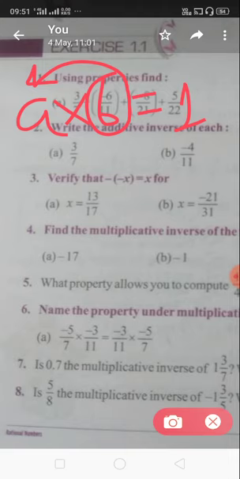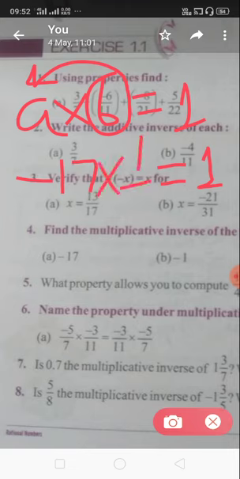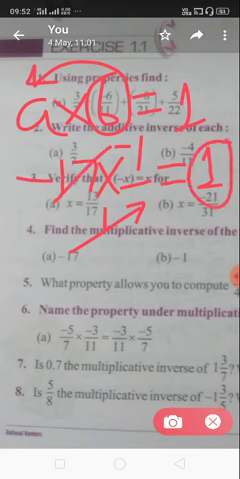Okay, similarly here, what is the first part? Minus 17, you want to get its inverse. So in identity, what will you get? 1. You must have 1 after multiplying this minus 17 by minus 1 upon 17. See how 17 cancels, and this minus minus becomes plus, equal to plus 1. It means the multiplicative inverse of minus 17 is, you write, just minus 1 upon 17.